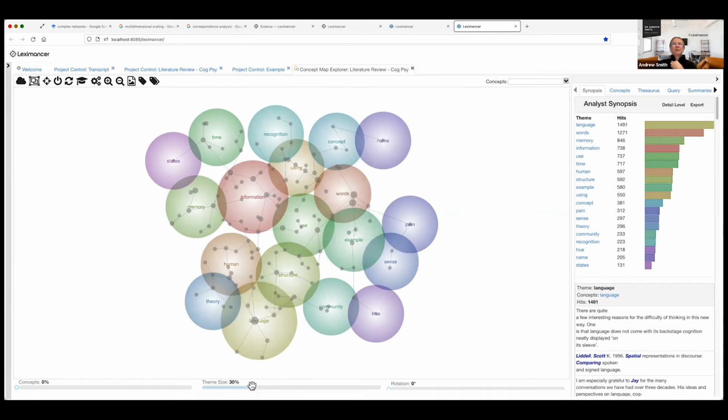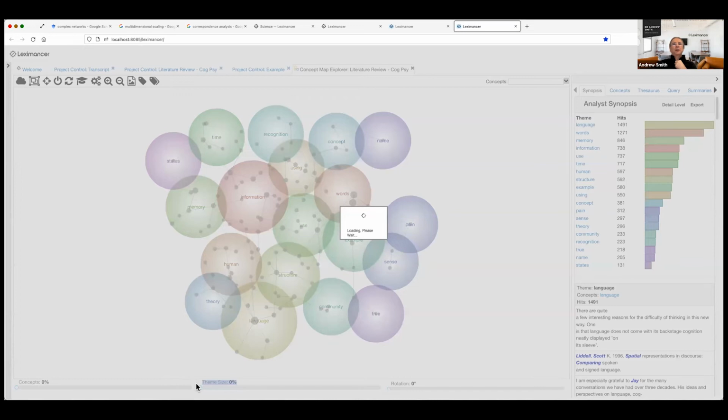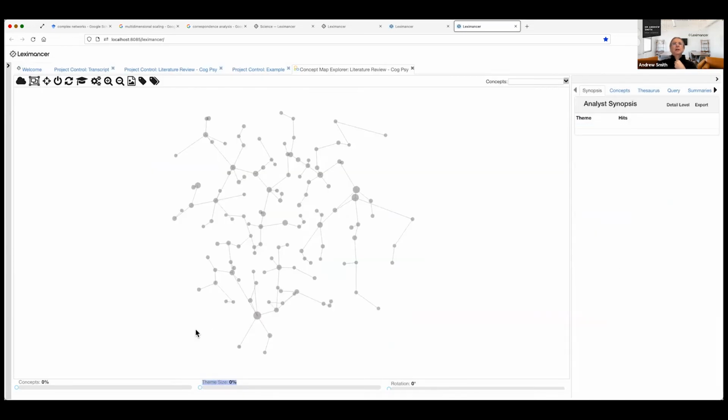So you can look at the hierarchy through hierarchical clustering. If you're interested in hierarchical clustering, it's a data method that's out there in the literature, and you can certainly read about that. You can turn off the themes entirely if you want by moving that theme size right to 0, and we can look at the underlying concept network. So these are those concepts. There's hierarchy here too. I can bring in those hub concepts. This is a small world.